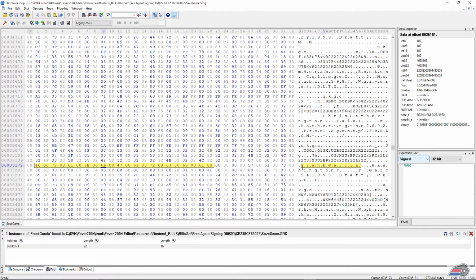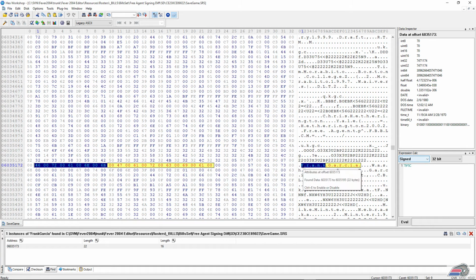So what you could do is find players with the same length first name and last name, or maybe even less. But you can't have a guy named Frankie and put him in here because I don't think it'll work. I think it has to be a 5-character first name. So you've got to find the right people with the right lengths, and then you're going to have to fill in the